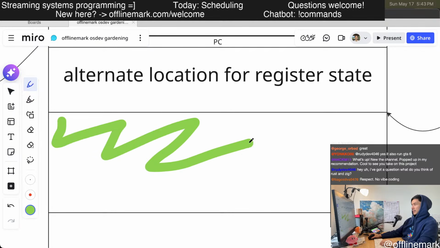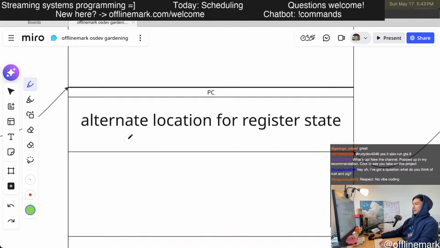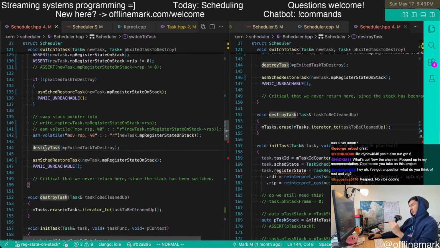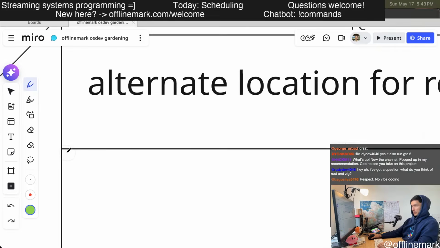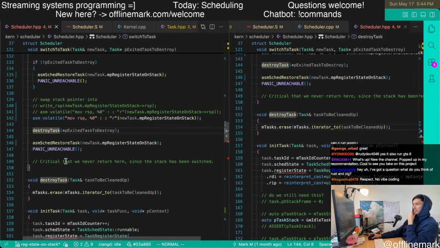All that cleanup logic is running in this zone underneath, and then that is going to return back to the same location. The stack pointer is going to be right here. Not that it really matters because we're explicitly passing this thing in, but then we're in a safe place to restore into the task.